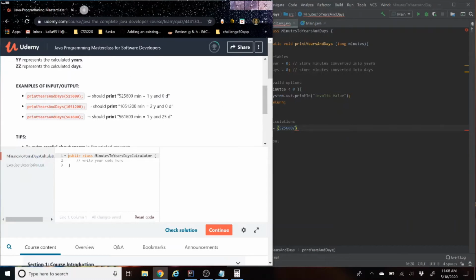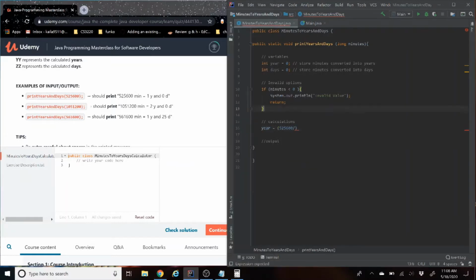So, see here in this example, I didn't even have to do that, but if we see here, they already tell us how many minutes, and it converts into 1 year. So you would just have to think, okay, what would you need to do if it was the other way around? In this sense, we would divide by minutes, if I'm not mistaken. We can always check it. My math's kind of